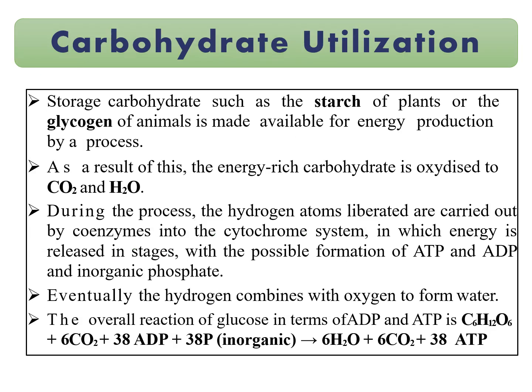Now, once the glucose molecules or carbohydrate are formed from photosynthesis, they are utilized in different types of synthesis pathways. In a simple way, as I have already told you, this carbohydrate, which is glucose, is nothing but food. This is the food used by the plants for their normal growth, development and reproduction. In the plant, this carbohydrate is in the form of starch, whereas the carbohydrate in the human being is in the form of glycogen.